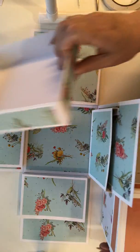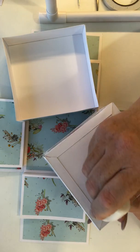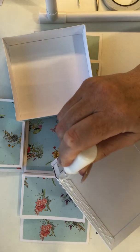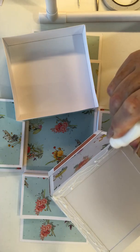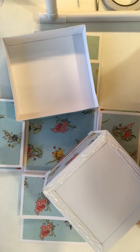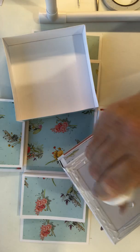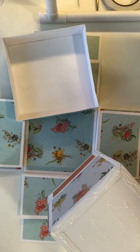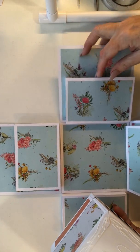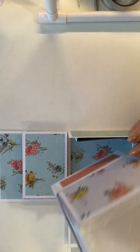And then this is the outer one, the one that we've been working on. I'll drop that down. I'm going to apply a lot of glue all around the outside. Some in the middle. And on this one, the easiest thing to do is to hold up two sections, try and get them upright, pop your box in,